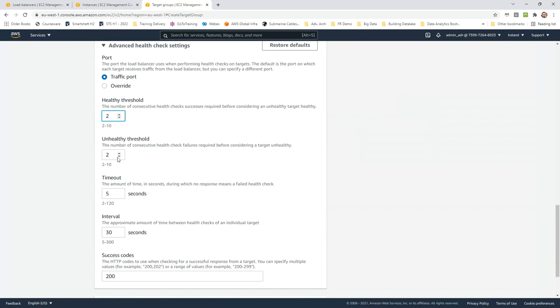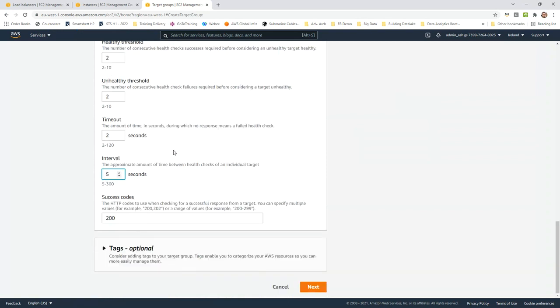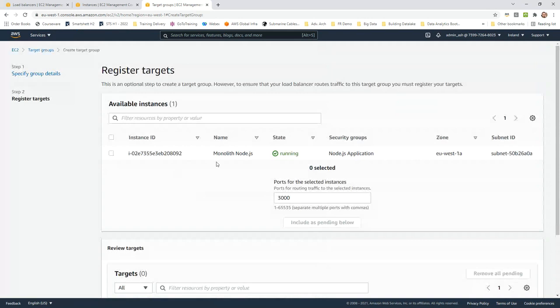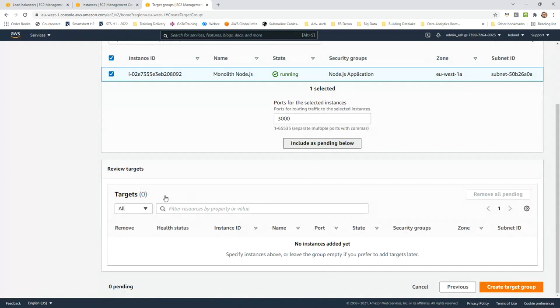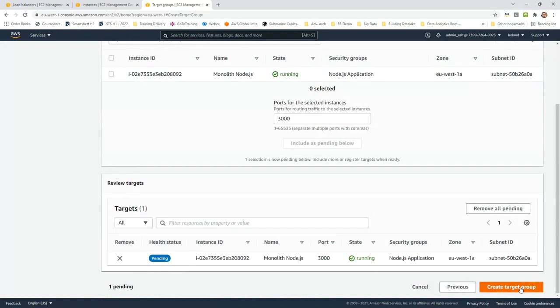And if you want, you can adjust your healthy and unhealthy count. So your decision of calling that instance healthy or unhealthy will be made much faster, as we see here. Default is good, but just for demo purposes I am changing it. In your production environment, it will depend on how you want to respond to unhealthy instances. And now I am saying fine, done. Till this time my instance is ready, and I can say let me add the instance also here, and this is my port group which I will connect to, and I am including this instance into a target group.